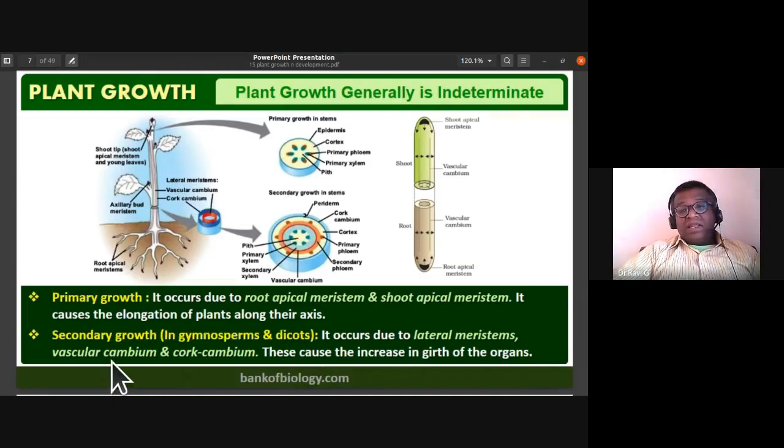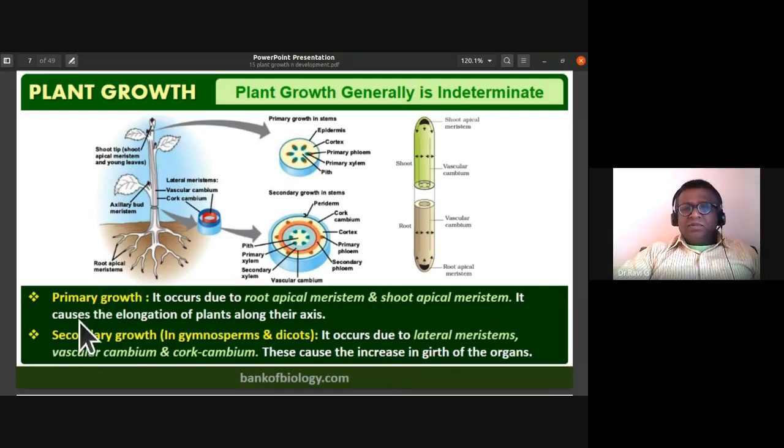So they have this vascular cambium. Vascular cambium is a combination of intra and interfascicular cambium. We have discussed that during the secondary growth. So secondary growth is brought about by the activity of the lateral meristems like vascular cambium and cork cambium. So this causes the increase in the diameter of the organ, especially the stem. It increases the girth of the organ, that is the width or diameter of the organ, the stem especially we are talking about. That secondary growth is brought about by the activity of the lateral meristem, vascular cambium and cork cambium.